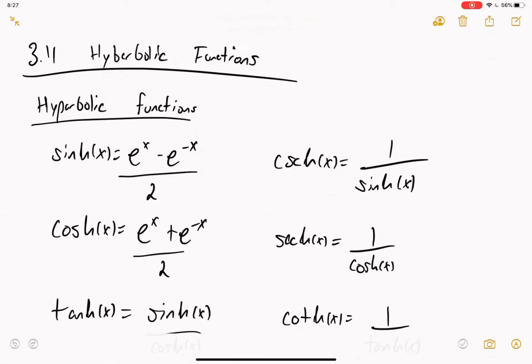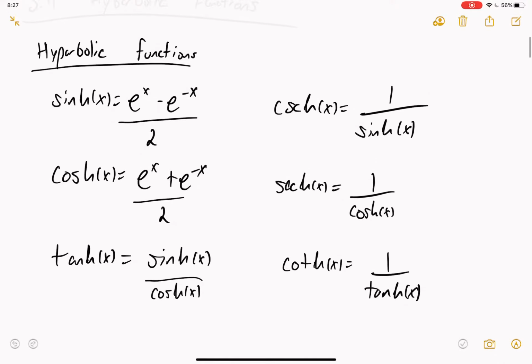Hello guys, we're going to be covering section 3.11, which is hyperbolic functions. So I'm just going to get out and say it. Hyperbolic functions are probably something that, if I'm honest, I don't really remember. When I look at this, I'm just like, this thing again. And I don't view it as something that's very heavy in what I do. As someone who's done a lot of math lately in my life, I don't really see these appear